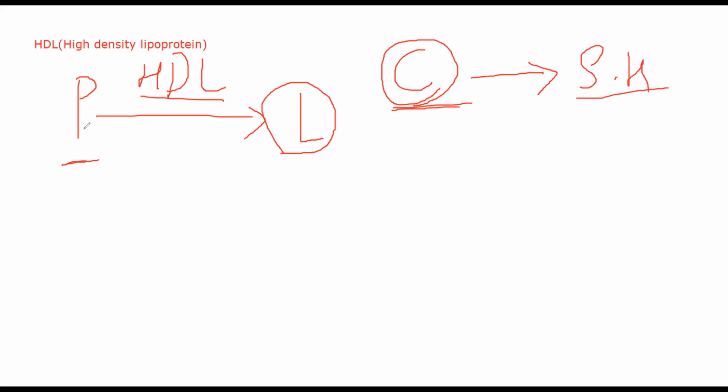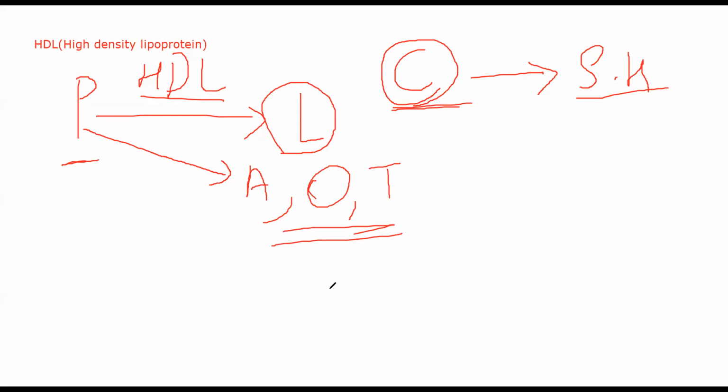So it will take peripheral cholesterol and take it to, let's suppose, some steroidogenic organs, which include your adrenal glands, your ovaries and testes. All of these are responsible for the formation of steroid hormones, in which cholesterol can be converted into other forms. So it will be converted into progesterone, it can be converted into different forms of estrogen, it might be converted into testosterone, dihydrotestosterone, so on and so forth. Whatever steroid hormone we are talking about, aldosterone and cortisol, what happens is the amount of cholesterol that is present in your blood goes down. That is why HDL is very important.